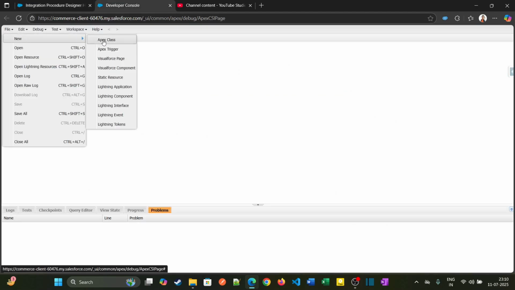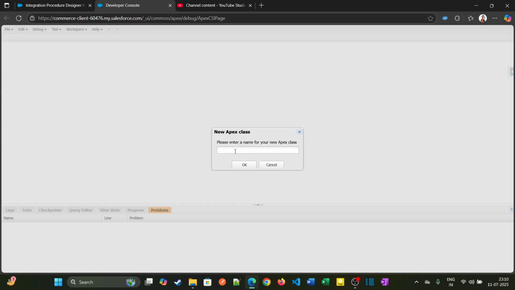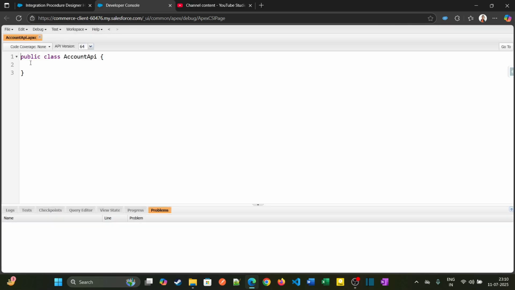In the developer console, I'm clicking on File and New Apex Class. I'm providing the name AccountAPI, and let me click OK. We need to mention it as a REST resource. Using this REST resource, we can create a new API and expose it so that it can be accessible, and provide the URL mapping like /account,